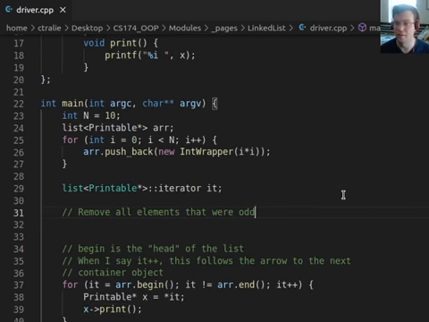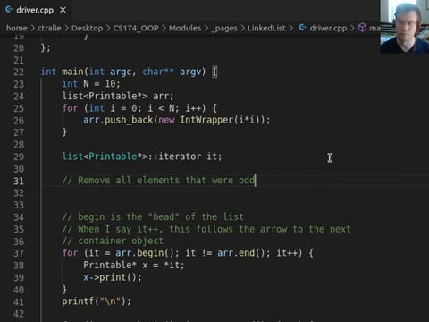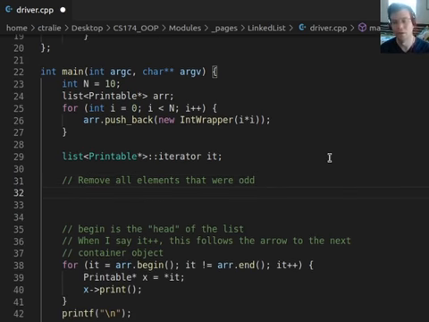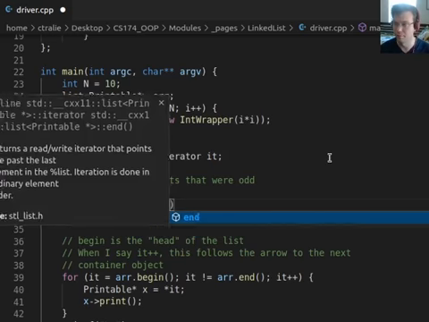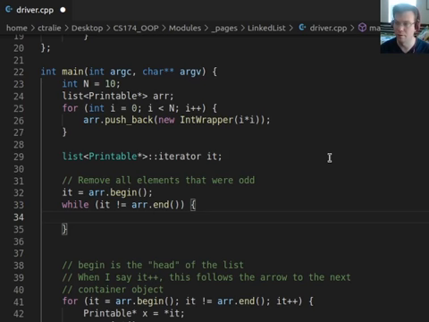But let's say that I happen to know that it's an int, and I want to filter out certain elements from this list. So what I have to do is something slightly different from this for loop. I'm actually going to use a while loop instead. It'll be slightly more convenient. But I'll start at the beginning of the list. I'm going to want to walk through the whole thing, and I'll remove all the elements that are not evenly divisible by 2. Okay. So I'll say, as long as I haven't reached the end, I want to keep looking and seeing what's there. I do happen to know that these are int wrappers. So I will say